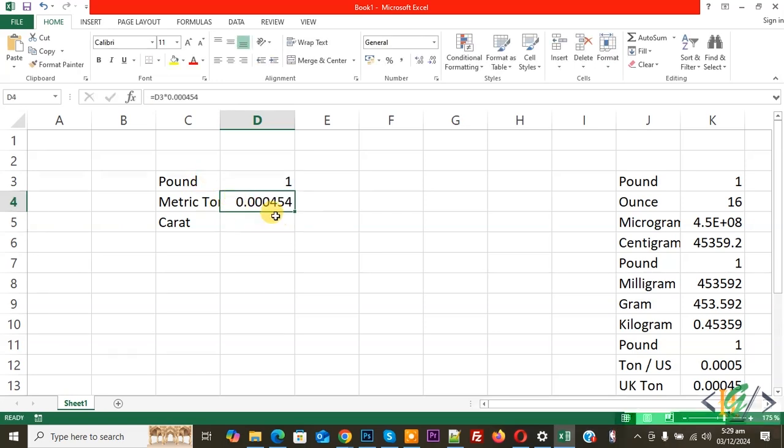If you want to change the pound value, now make it 2 and then you see the value change. Now make it 1 again. Now you see pound into metric ton in Microsoft Excel, and then we are going to convert pound into carat